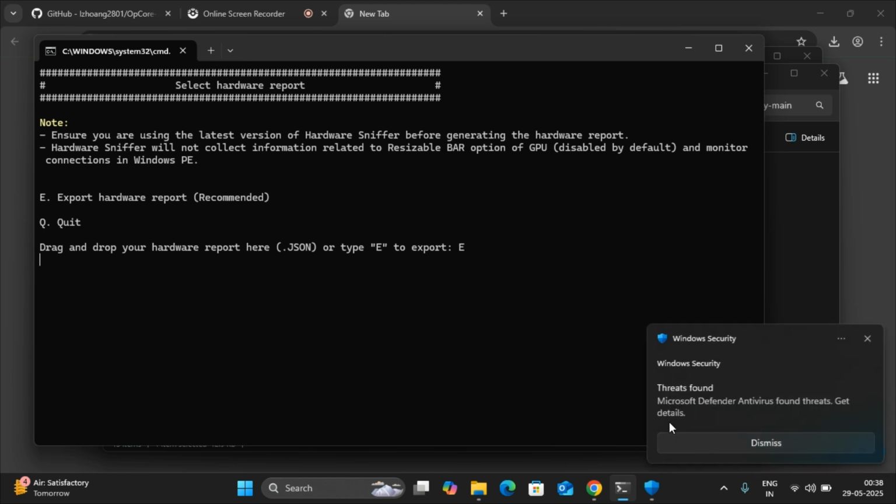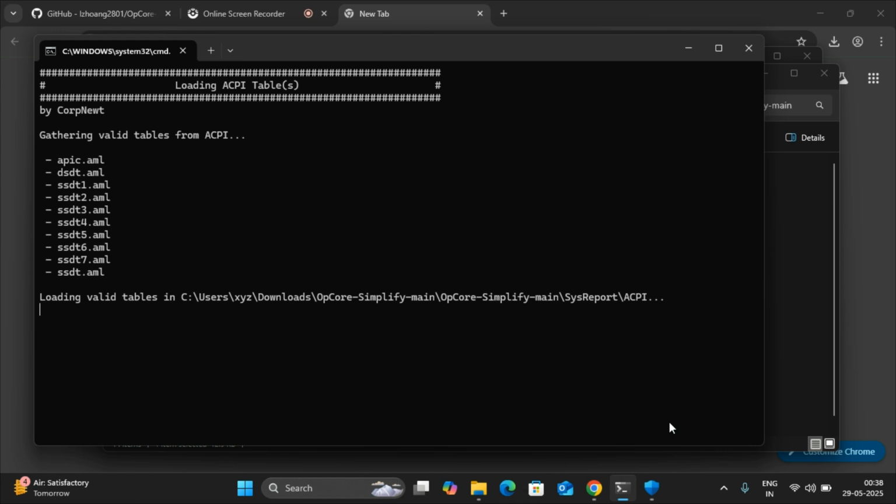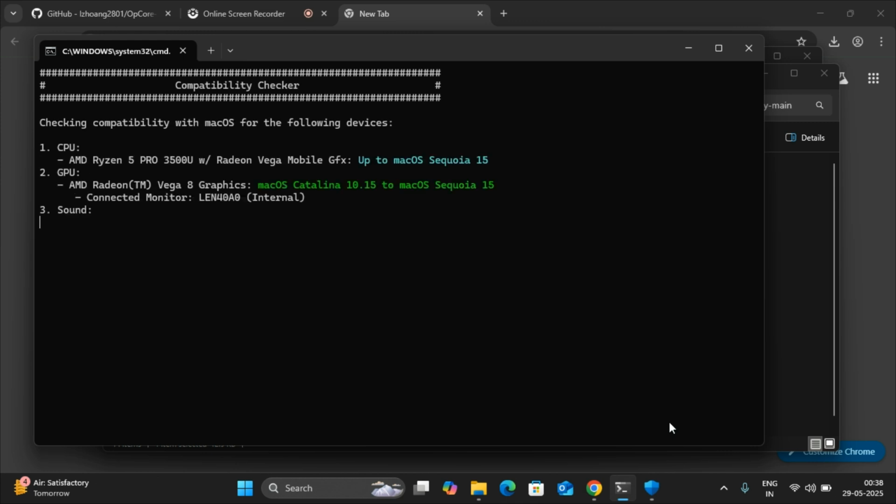Okay. Antivirus is creating some problem, but it will be able to generate the report. It has generated the ACPI tables.